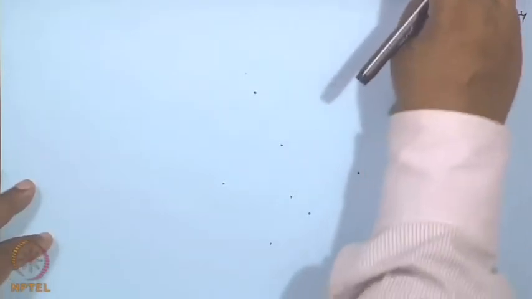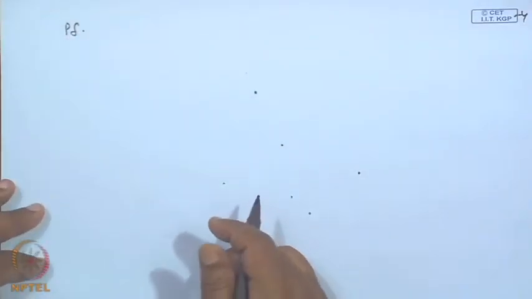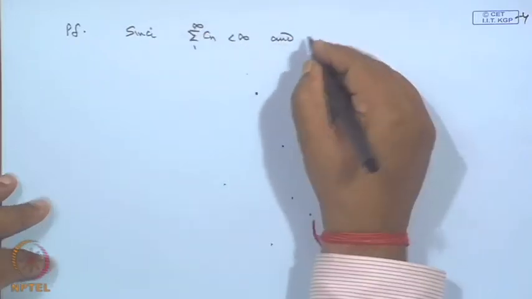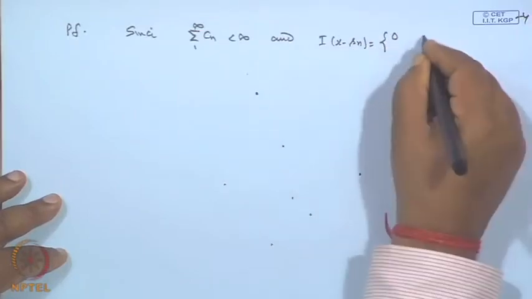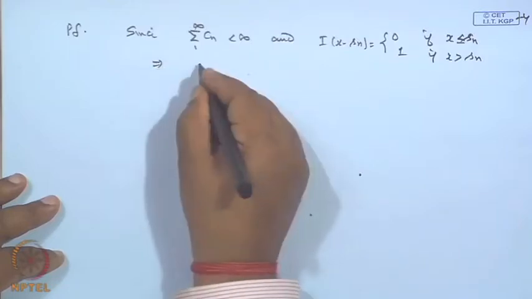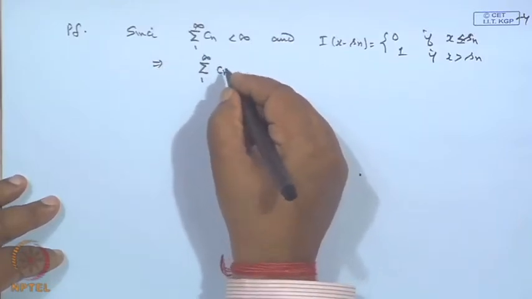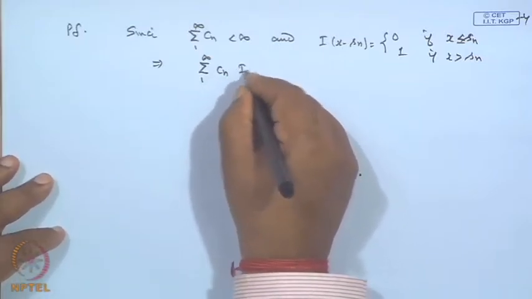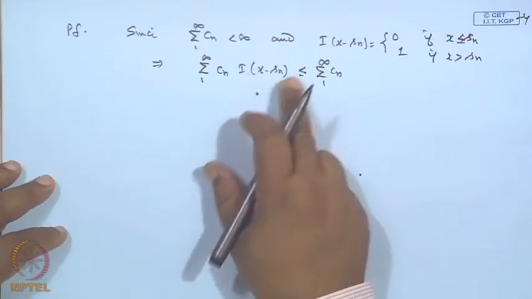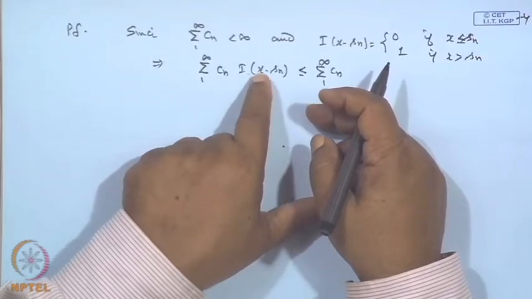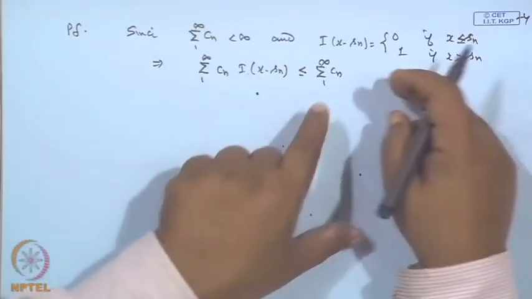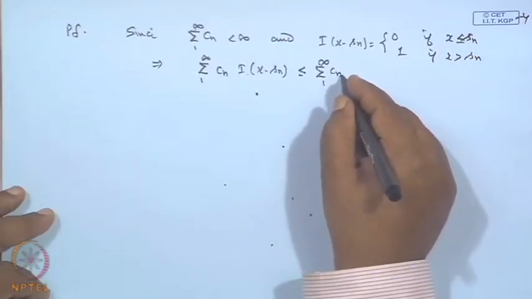So, the proof of this. First, since the sum of C_n from 1 to infinity is convergent, and I(x minus S_n) is 0 if x is less than or equal to S_n and 1 if x is greater than S_n, the series of C_n I(x minus S_n) will always be dominated by the series sum of C_n. For all x less than S_n the terms I(x minus S_n) will be 0, so the series will have fewer terms, all positive. So it is less than or equal to the sum of C_n, which is given to be convergent. So, by the comparison test